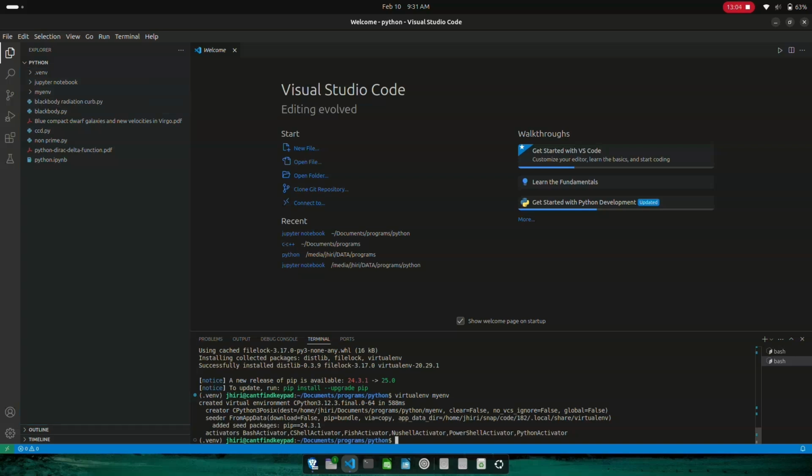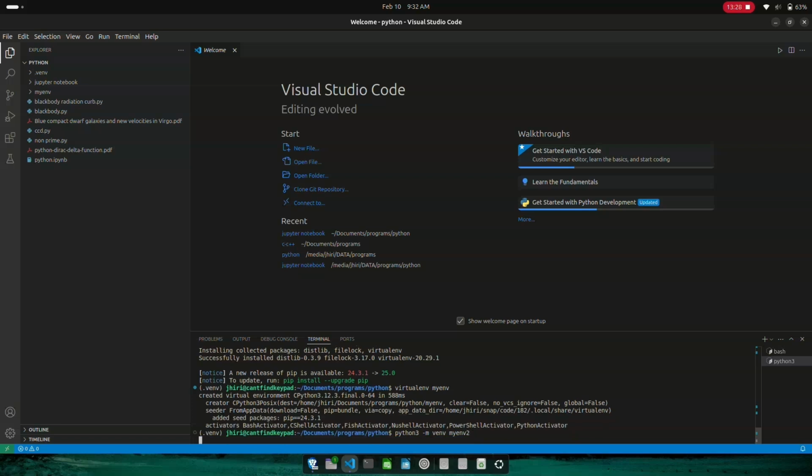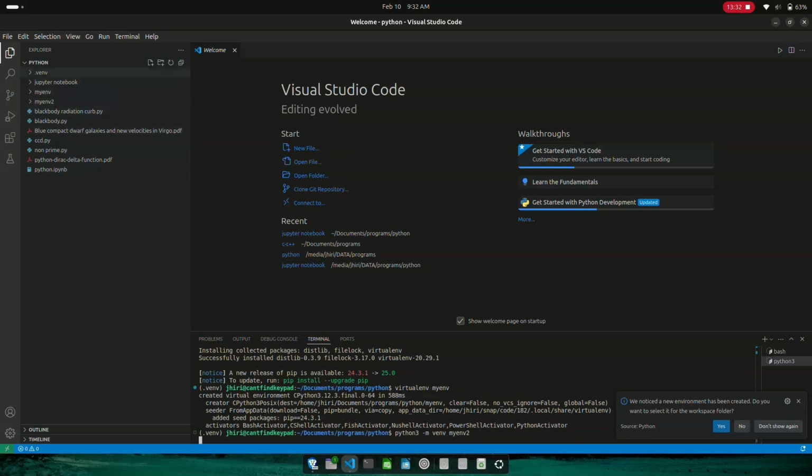So for creating a virtual environment using venv, we have to type python3 -m, no space between minus and m, venv, and say myenv2 and press enter. So here is the new virtual environment that we created using venv.